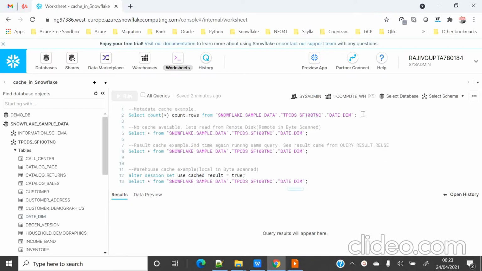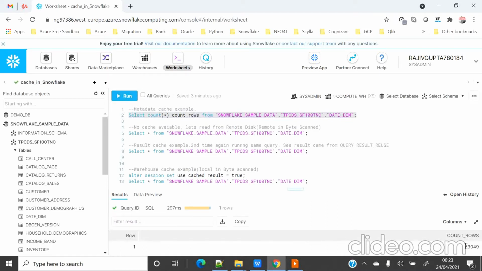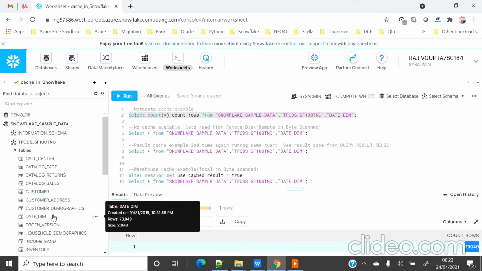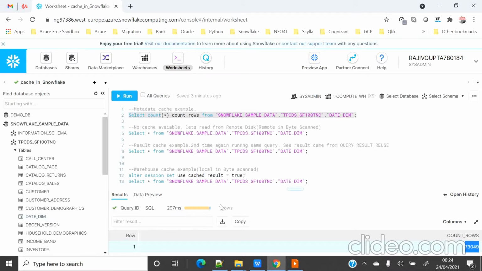And to see the metadata cache in action, I would execute this table count query, and you will see that my warehouse is still in suspended mode and it will not turn on, and still I will get the data because the metadata cache layer is being powered by the metadata layer of Snowflake. So just observe. You can see that I got 73,049 records, which is the total number of rows in the table, and the same data I am able to see from the metadata layer, and still my warehouse